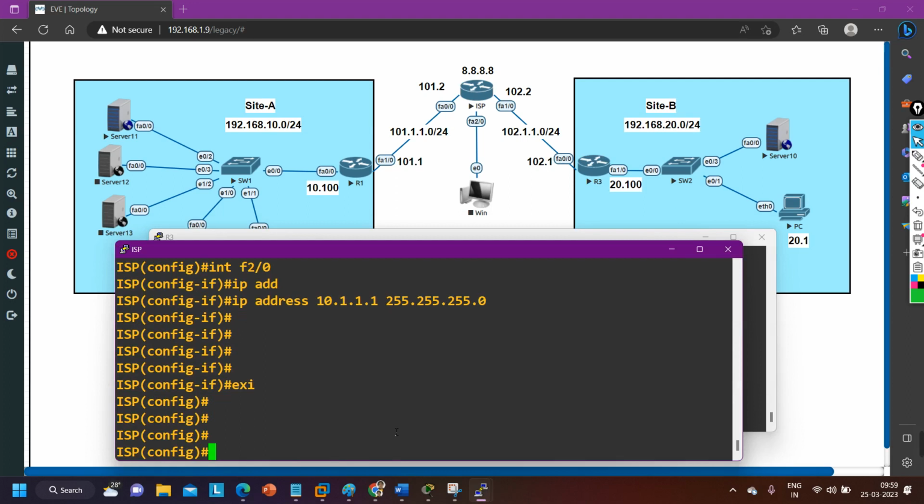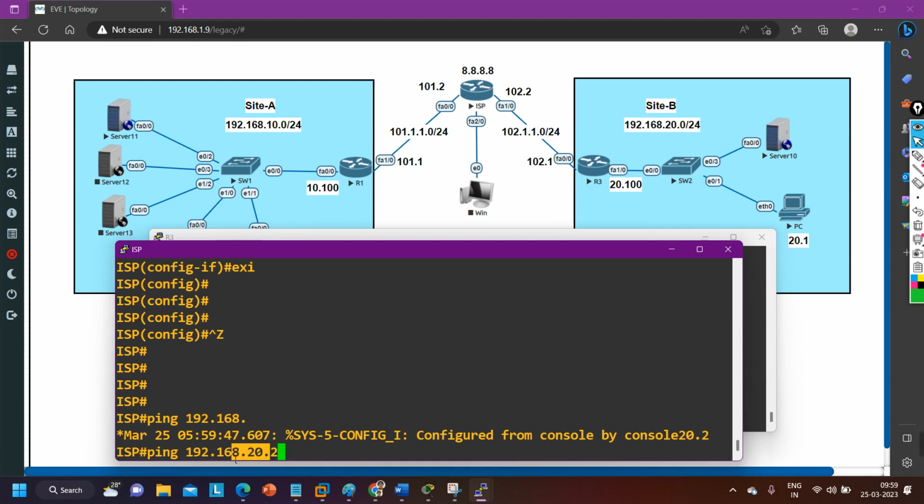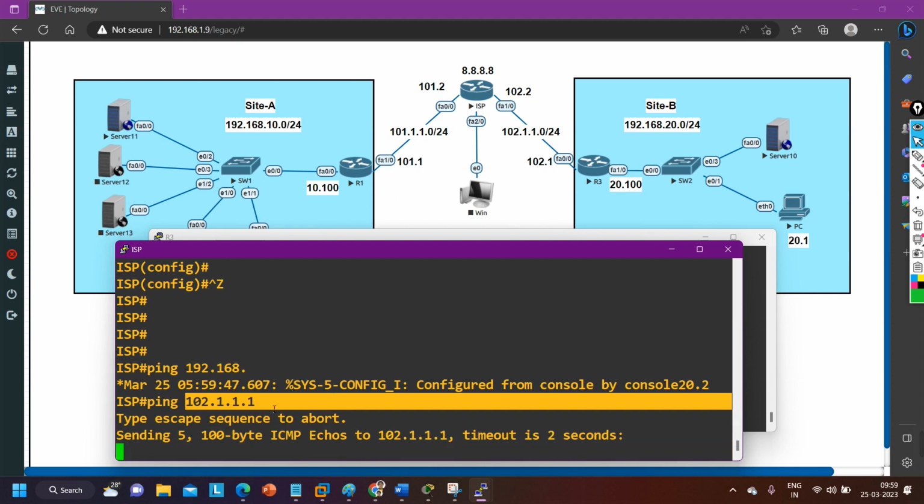Yes, because public network information is there, but I cannot ping my private IP address 192.168.20.2, because this network is not available in the routing table of the ISP. But I can ping this IP address, 102.1.1.1. But if you ping this IP address, it is not going to ping the router interface, it is going to ping the server. See,